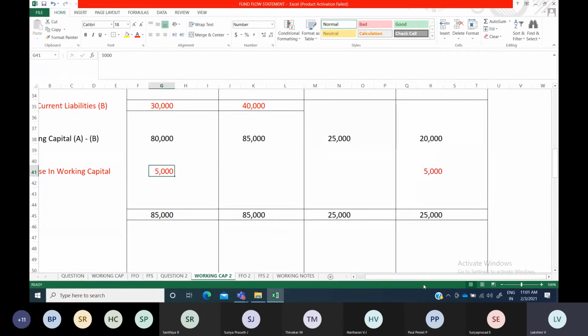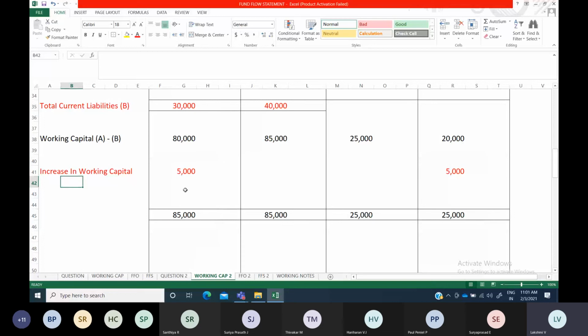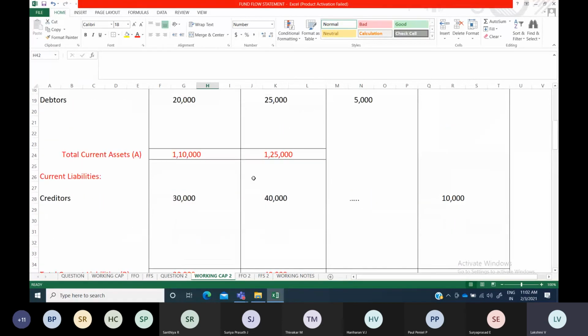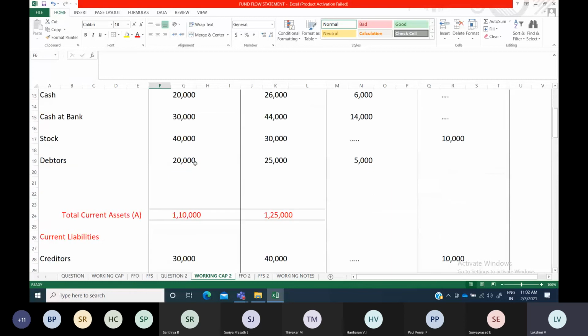Okay, so this is one way to check whether your first step is right or wrong. How you can identify: only if this amount is coming correct. Okay, so similarly, the last final step: from sources, you have to subtract all the applications and find out whether your working capital amount and this 5,000 amount are the same. If not, your sum is wrong. You have to check it once again and find out where you have made some mistake. Okay. So this is the statement of changes in working capital.